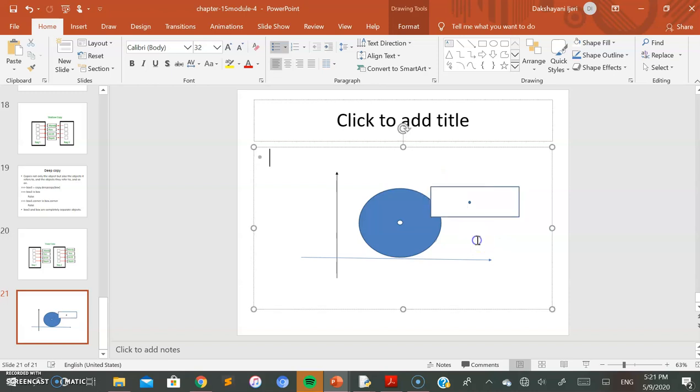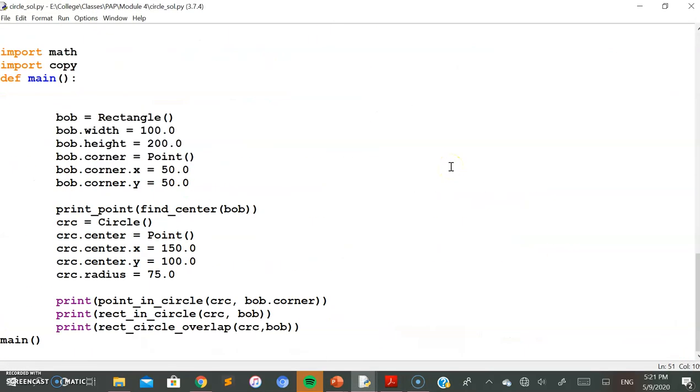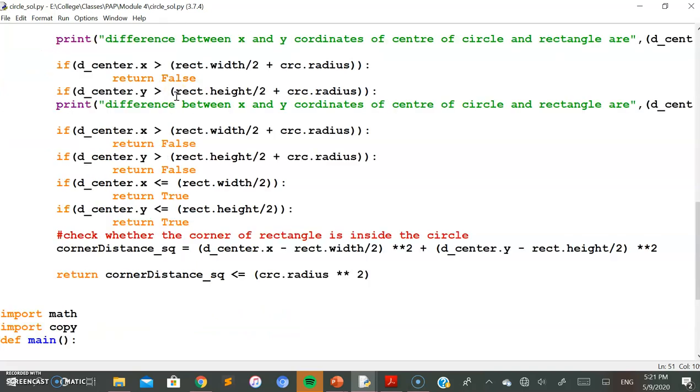Then we will see how we can define the solution here. For this, we have defined a main function, and we require the math library, so we import it here. We'll see what we have done in the main function. To avoid confusion, we have defined a main function to tell you where we need to start the program, or else you can do it without the main also. So as I told you, you need to define the two classes here, rectangle and circle.